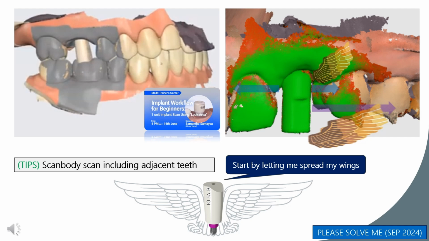Additionally, before finishing the task, they ensure that there are no mismatched areas in the overlapping regions between the scan body and the adjacent teeth. After verifying everything is aligned well, it can be saved, and then the post-processing stage begins. During this stage, overlapping parts will be deleted, leaving only the scan body data. Think of the adjacent teeth as wings to the scan body, and these wings will be lost in post-processing like